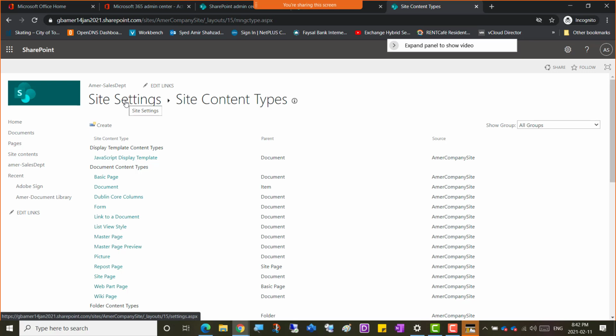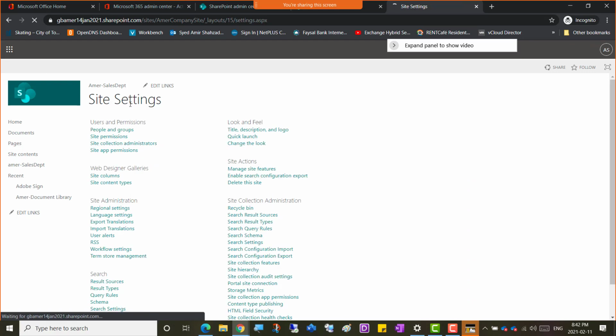Okay, well, now let's go to site settings, guys. Once you click the site settings, then we were talking about the web designer galleries, and then if you go for site administration, so there's regional settings, language settings, export, translation. So if you go to regional settings here in site administration,